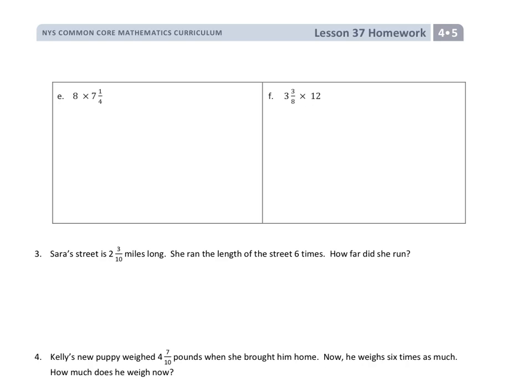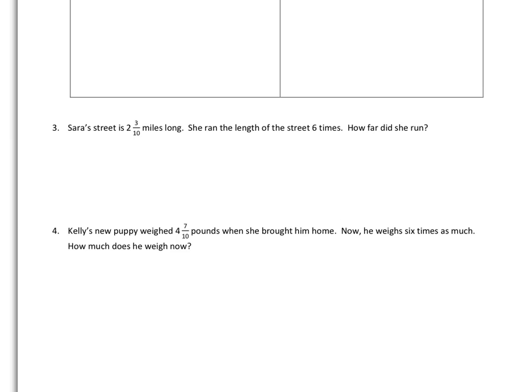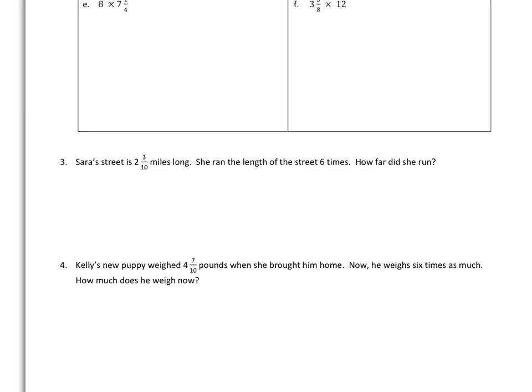When students get down to 3 and 4, they're going to be getting real-world situations where this distributive property with multiplication and mixed numbers occurs. So in this one, we see Sarah's street is 2 3/10 miles long. She ran the length of the street 6 times. How far did she run? One of the things I would encourage students to do, along with the multiplication or the math model, is to think about a visual model. Like if I thought about how far this girl's running, I could say, well, the first time she did it, her first trip,